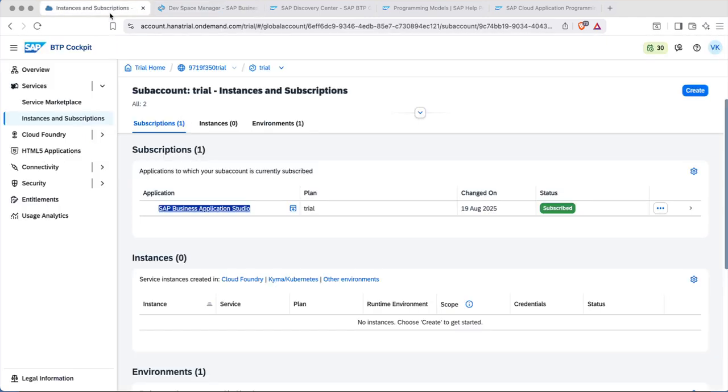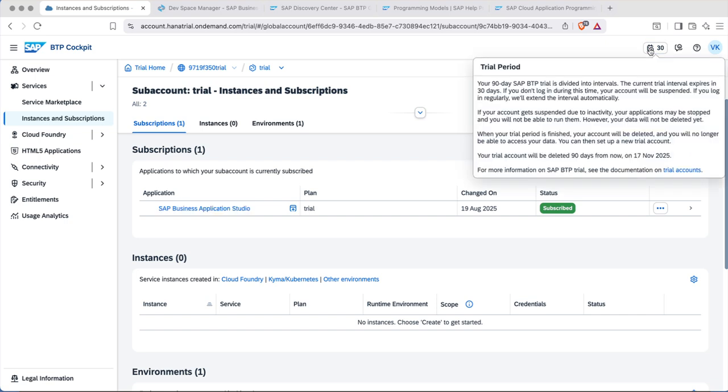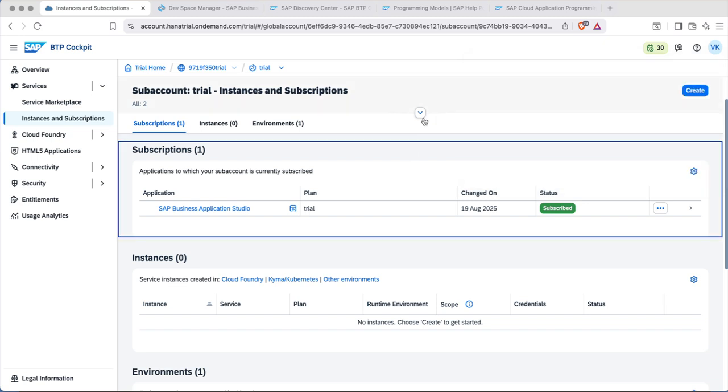Meanwhile, let's come back, and you see this is a trial. So 90 days will be there. So after 30 days, I need to extend it. Okay. So this is 90 days, which is enough for our course. But yeah, you need to at least visit your BTP subaccount after 30 days, right? As you are learning, you will anyways log in, right? And now if I go to overview,